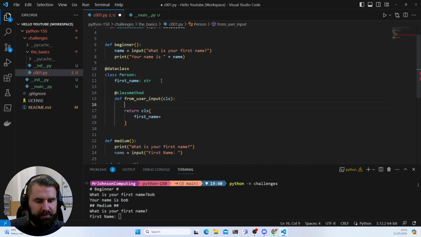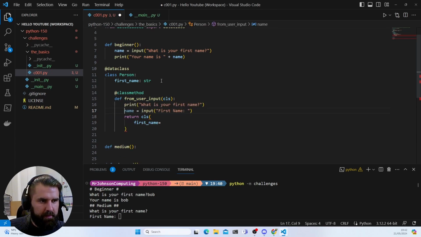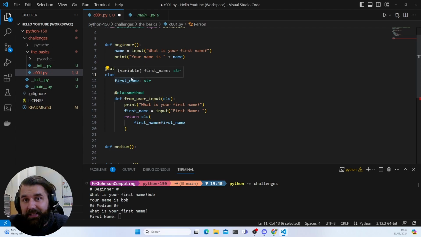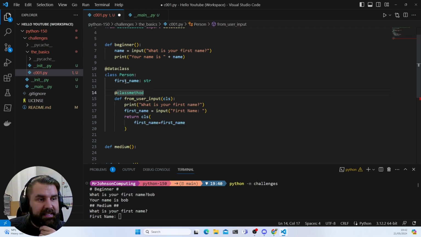and actually let's maybe store first name up here, equals, and then we're going to grab these lines from here, come up here and pop them here, and I'm going to turn this into first name equals first name. So we're returning a class which is a new instance of person. Person is a class I just made up, I could have called it anything, and person has a first name, and the first name is a string, so it's just text. We create a class method, so this is a way of making a new person,